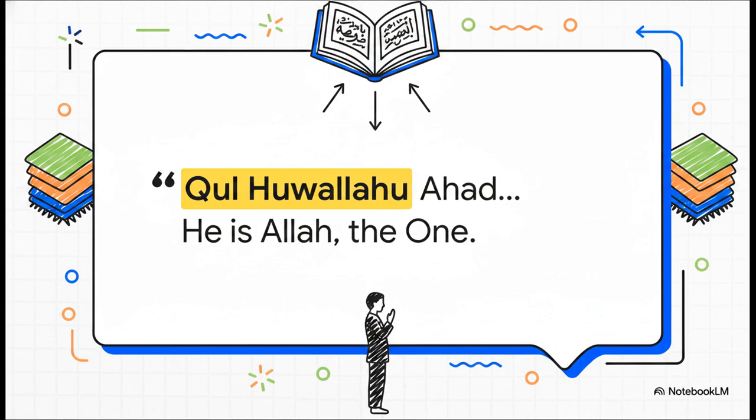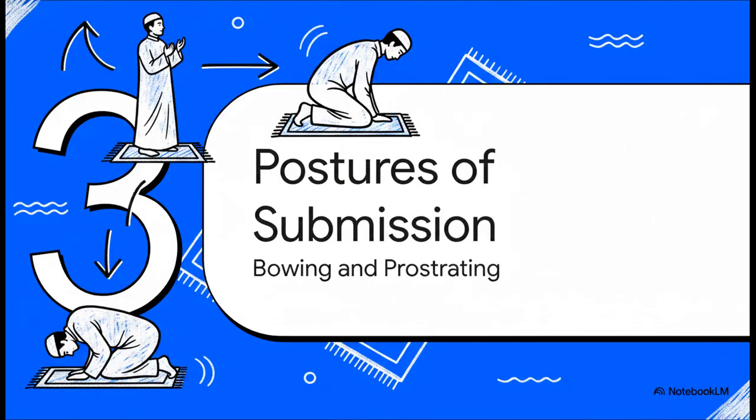And this brilliantly sets up the next step, pairing Al-Fatiha with another supplementary Quranic recitation. For example, our source text provides Surah Al-Ikhlas, Qul huwallahu ahad. Say, He is Allah, the One. You can really see how the prayer is stacking these concepts here. First, you have the foundational chapter of guidance, followed immediately by this decisive declaration of God's oneness, all while standing firmly.